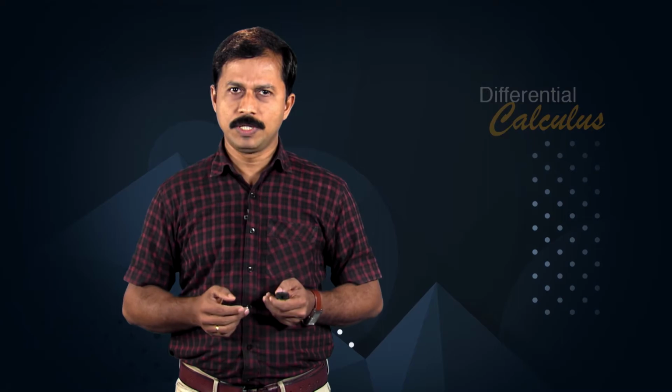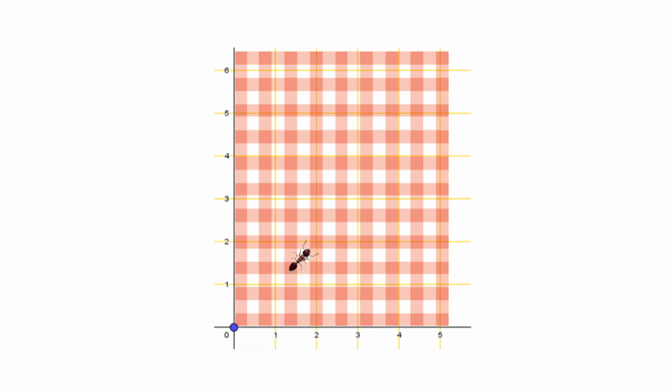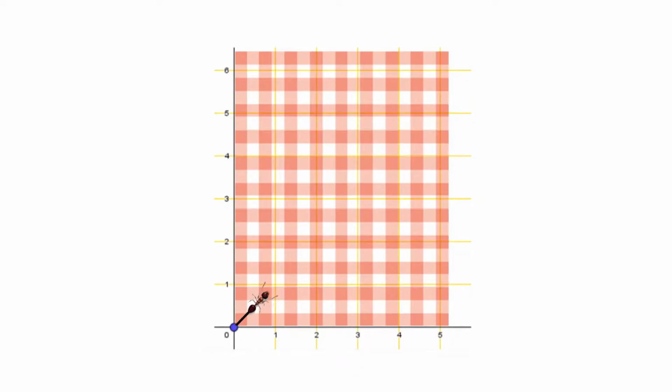Let's begin with observing the movement of an ant on a tablecloth. We draw two mutually perpendicular straight lines on the edges of the tablecloth and they are considered the x and y axis respectively. Then the intersecting point of the lines is the origin of the plane containing the tablecloth. Suppose an ant starts its movement at the origin and moves in a straight line on the tablecloth as shown in the figure. The ant's position (x, y) relative to the coordinate axes is shown in the figure for different times t given in seconds.